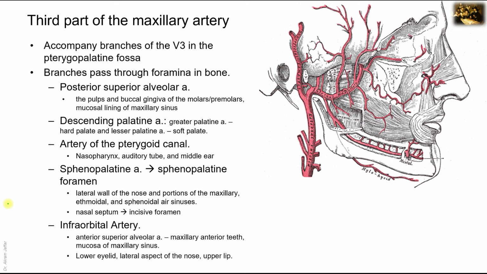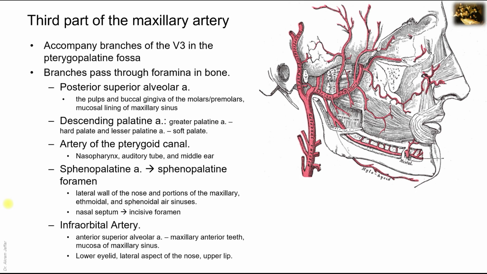The third part of the maxillary artery, which is not shown in this diagram, is located in the pterygopalatine fossa. Again, it has 5 branches, and all these branches accompany the branches of the maxillary nerve, not the mandibular nerve. The maxillary nerve is the nerve of the pterygopalatine fossa. The mandibular nerve is the nerve of the infratemporal fossa. So the branches of the maxillary artery are going to be distributed with the branches of the maxillary nerve in